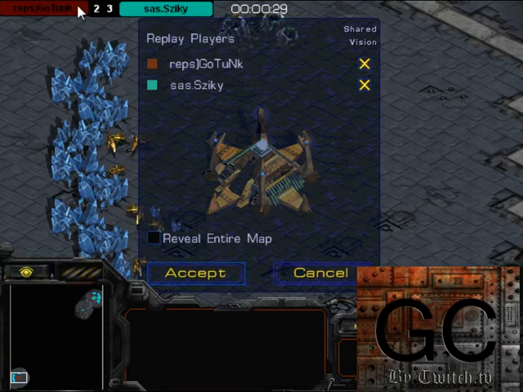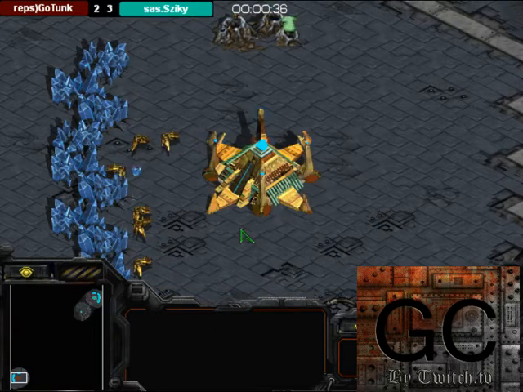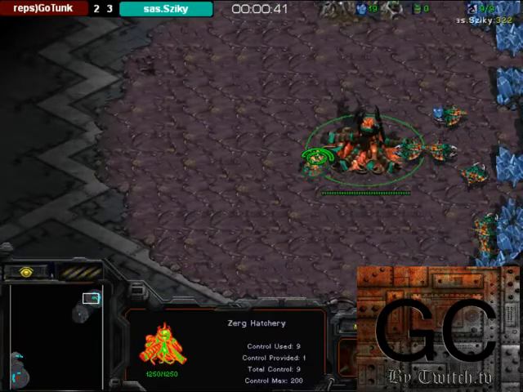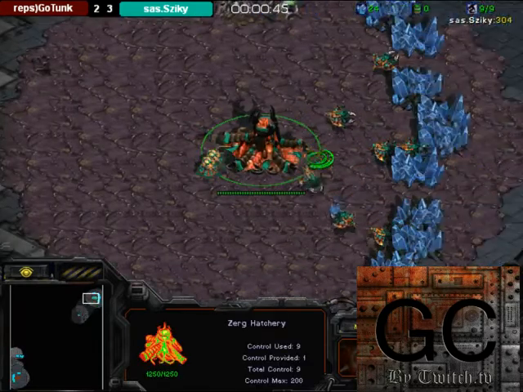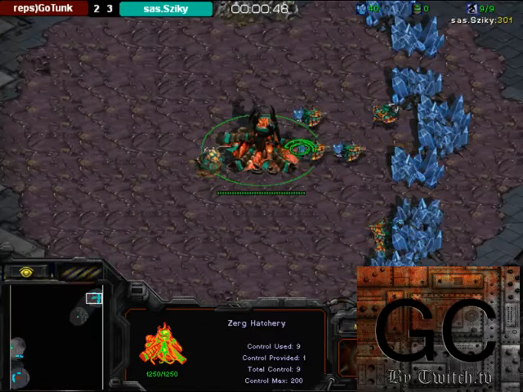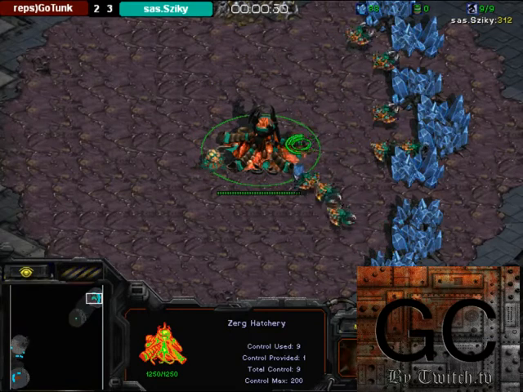Alright. Gotunk has a pretty tall order ahead of him to have to deal with none other than Zeke. Zeke, the player who does absolutely nothing remarkable, but everything he does is flawless. He's like a pro player. If